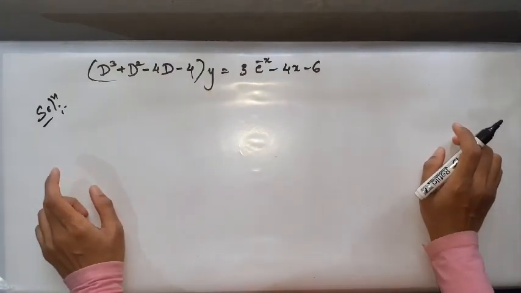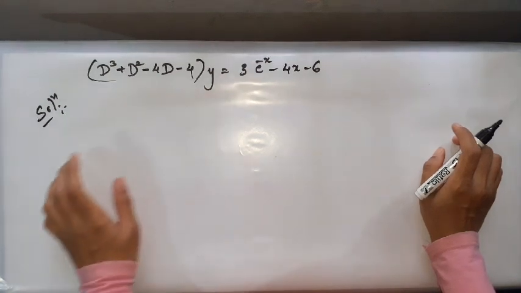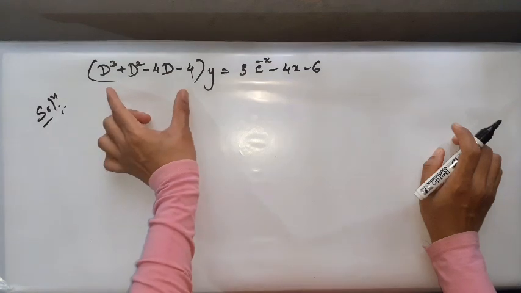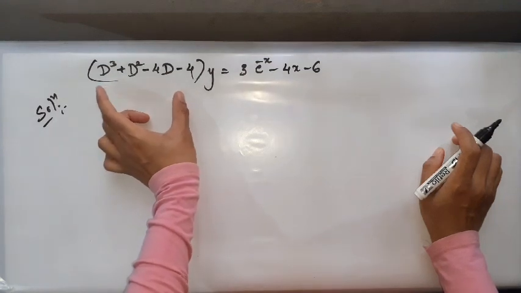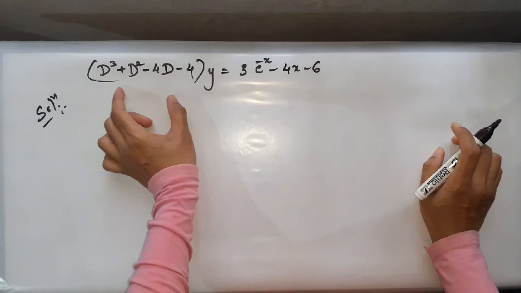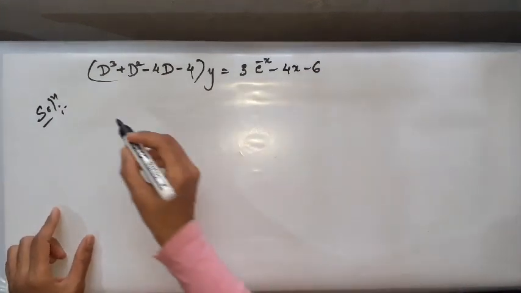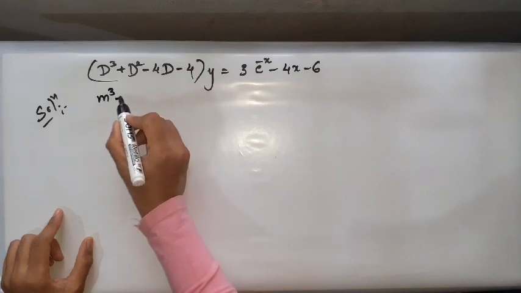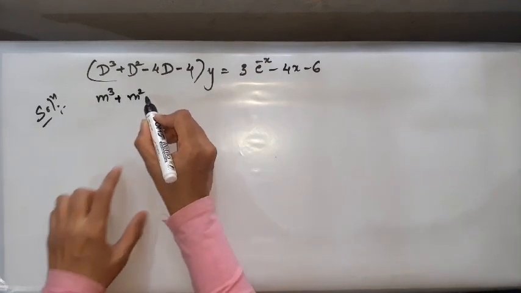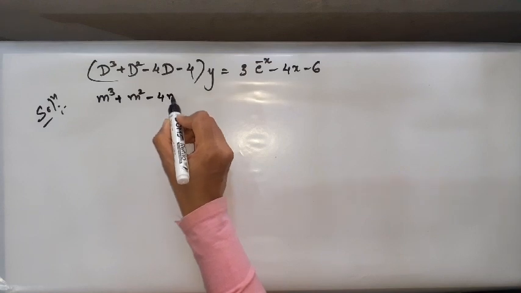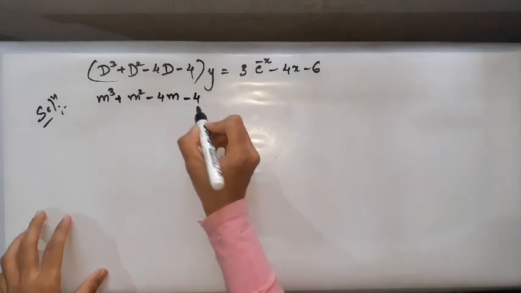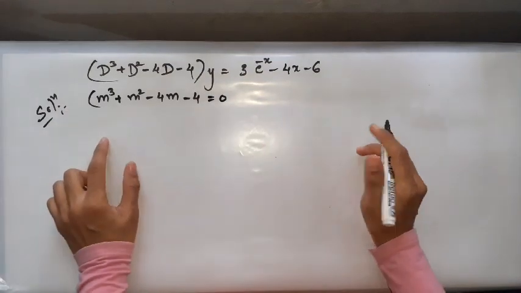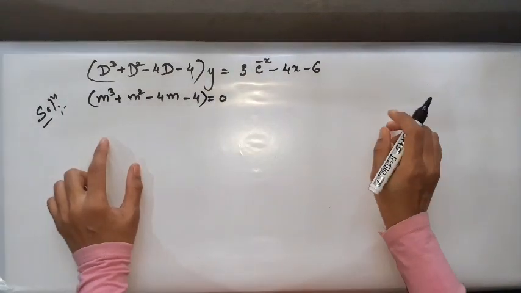Okay. So, here is your differential equation. To start with the solution, what do you all usually do? Yes, you take the bracket. It has already been given in the standard form. Just take the bracket and write your auxiliary equation. So, what will be your auxiliary equation? It will be m cube plus m square minus 4m minus 4 equals 0.